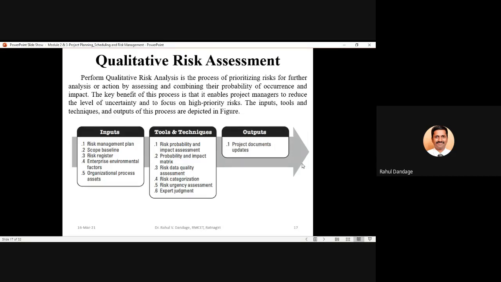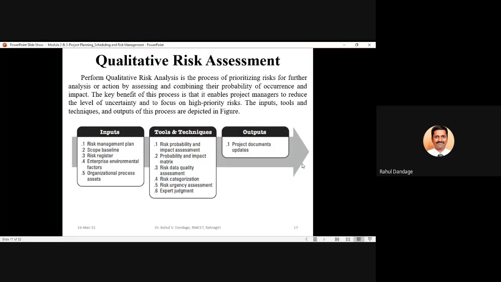The next part is about the qualitative risk assessment. When we say qualitative, we are not assigning any values or numbers. We are simply trying to prioritize the risk, rank the risk based upon the judgment, the experiences, certain data available for the risk categories which are available with us.